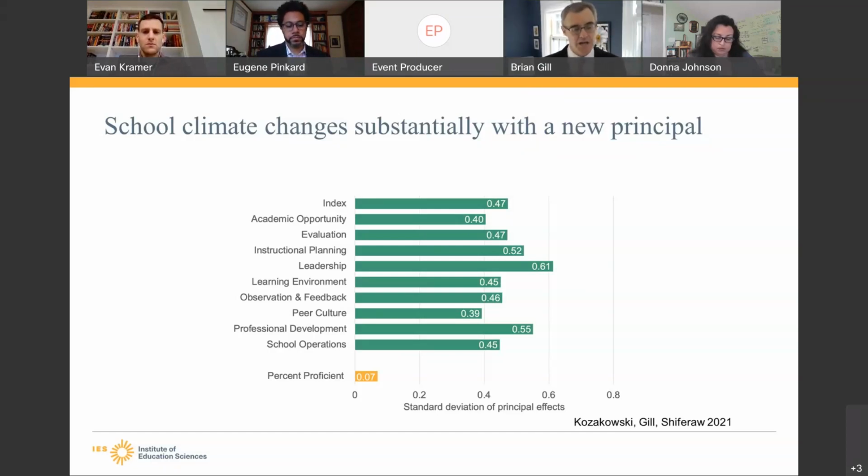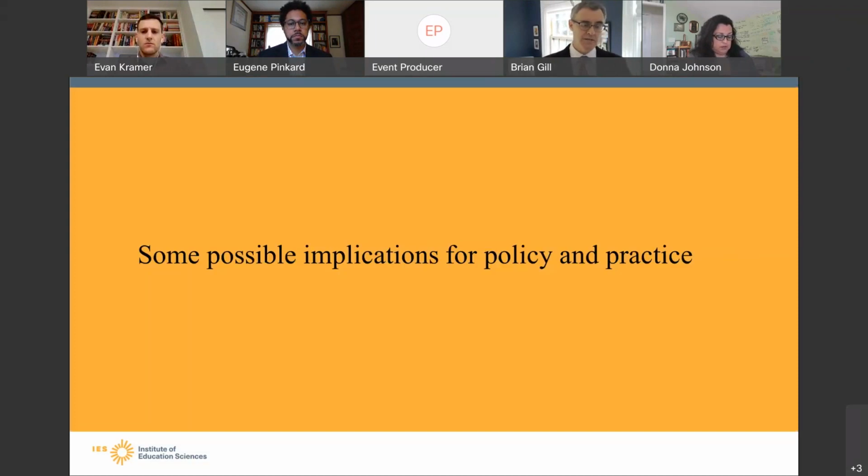It's about how they change the instructional culture, how they change staffing, how they find ways to help their teachers perform better, all of which could take time and may not happen immediately when things change. But the school climate, particularly this leadership dimension, can change quite quickly, suggesting that the climate measure can provide a window on the performance of principals that we wouldn't be able to get if we were only looking at the student outcome measures. So that's the framework.